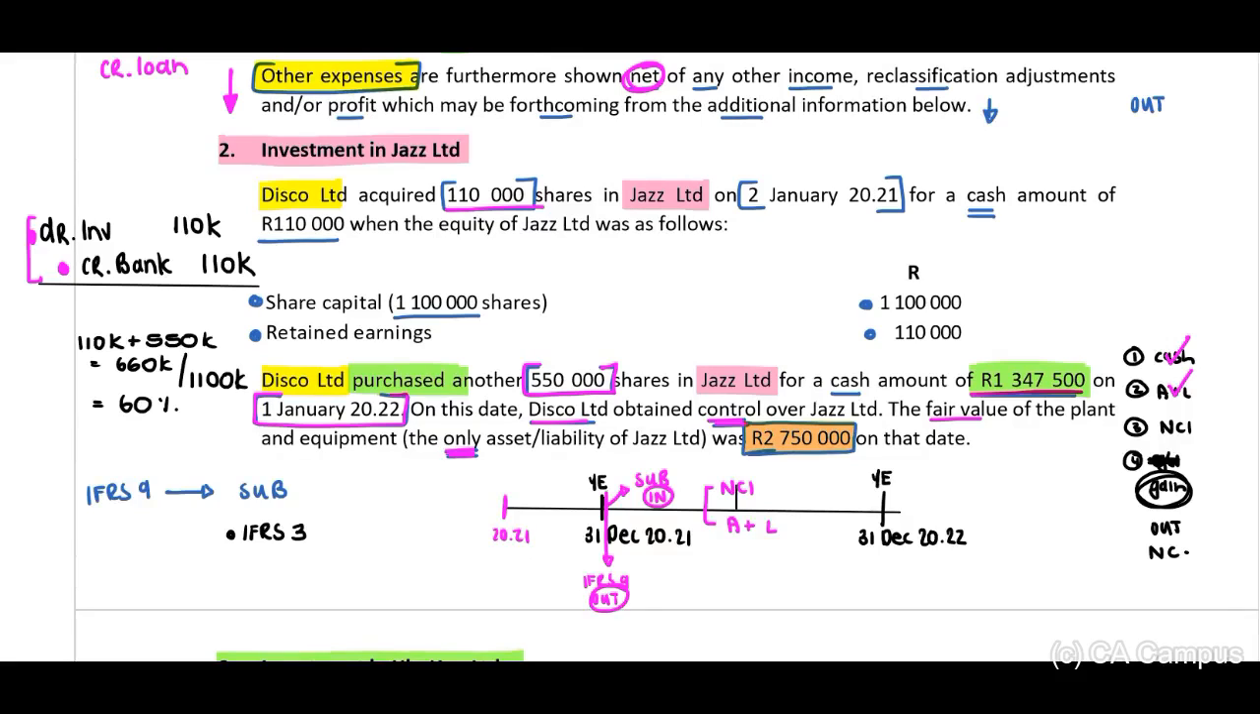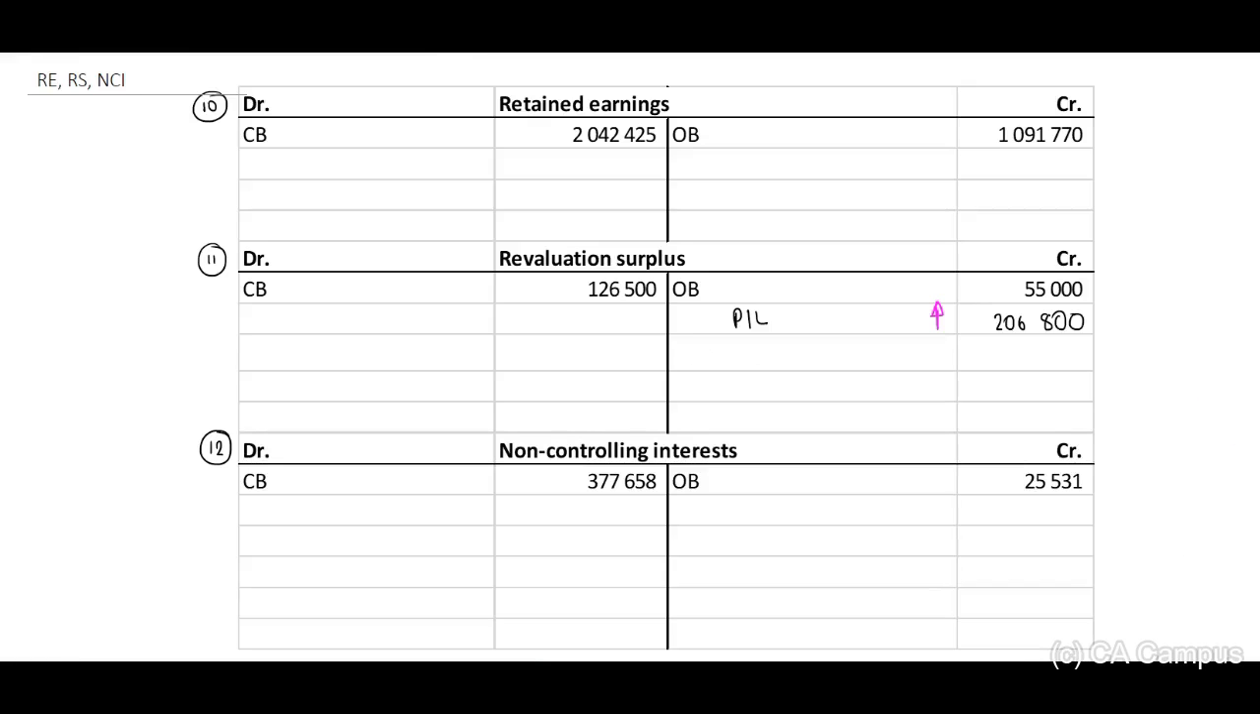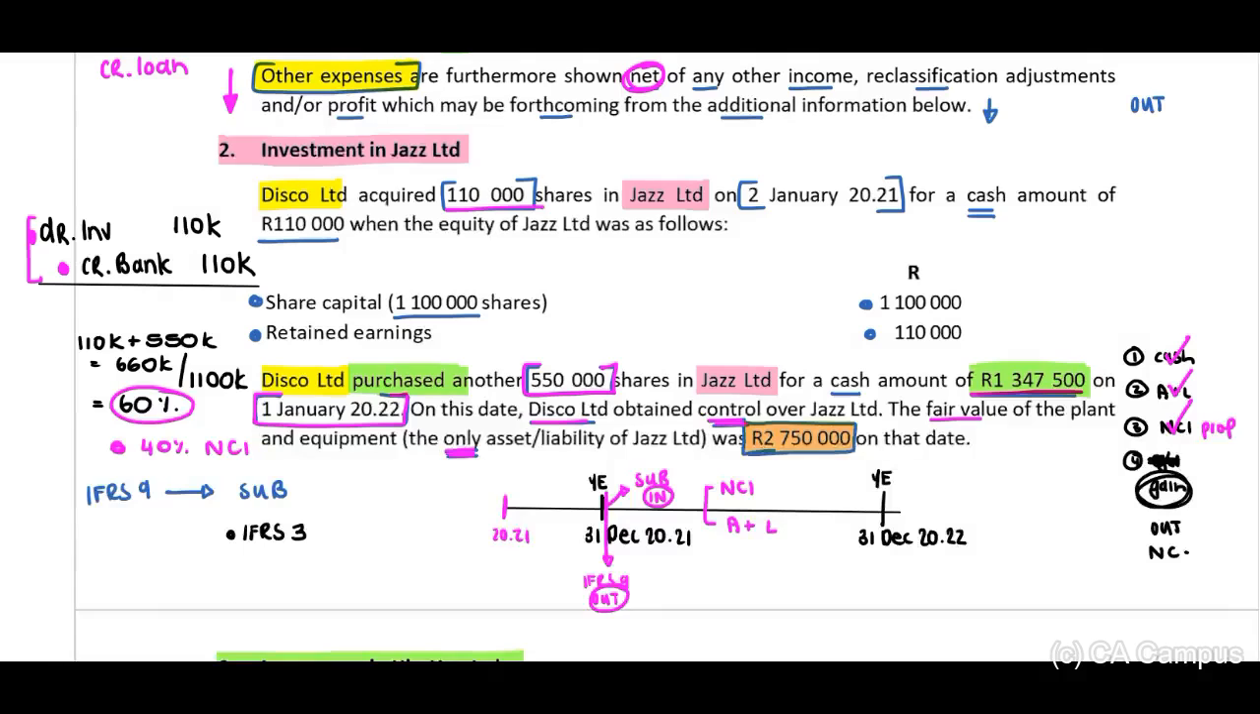Now, we know that Disco has 60%, therefore 40% will relate to our NCI. Therefore, pretty straightforward, your 2750 times 40% based on proportionate share will be allocated to your NCI. Therefore, our NCI will increase on the credit side, plus our subsidiary, which is Jazz Limited, and this is 1100,000. Now, we need to calculate our gain on